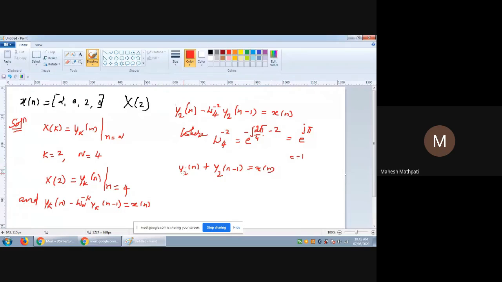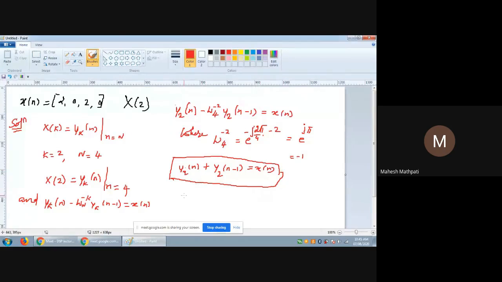Any confusion in this equation, calculating this equation? Any confusion here? No, sir. Did everyone understand? Anybody please, others, can you give me the response again? Yes, sir. So this is very important. Yes, sir. Now. Okay. So now we need to calculate the what value? The value we have to calculate is x of 2. So that means, so we will write it as, now what do we have to write for x of 2?